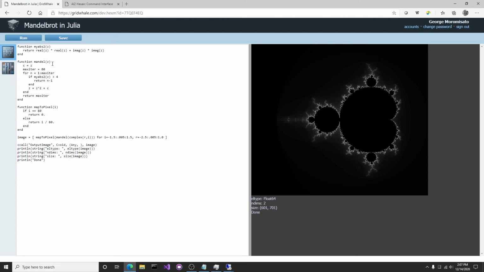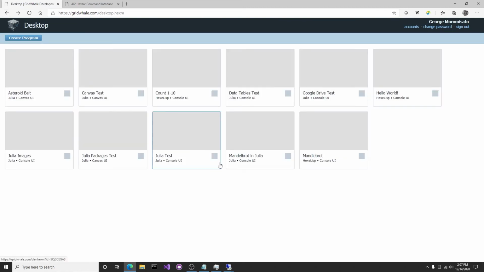So again, this is showing off how this program is running off in the cloud, and then we're getting back some image. In this case, the image is generated in GridWhale in the cloud and transmitted back to the browser just using normal browser semantics. Okay, I'm going to show one last